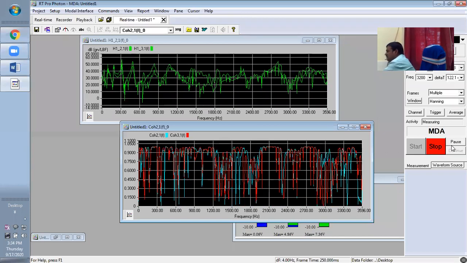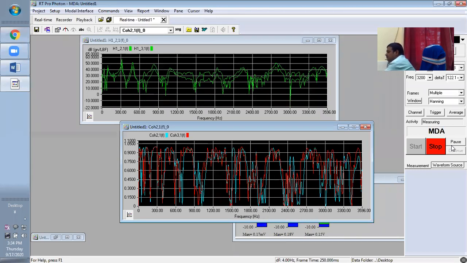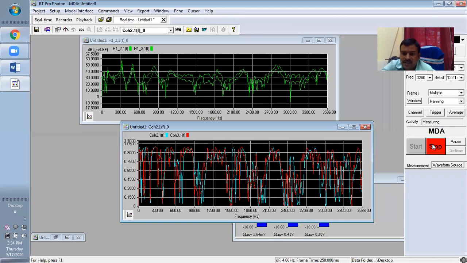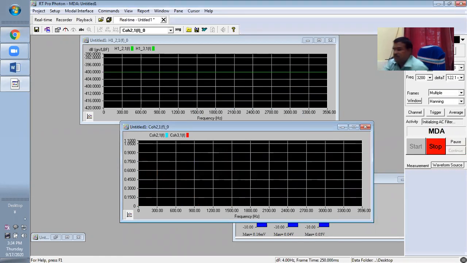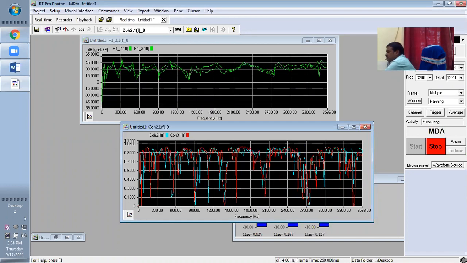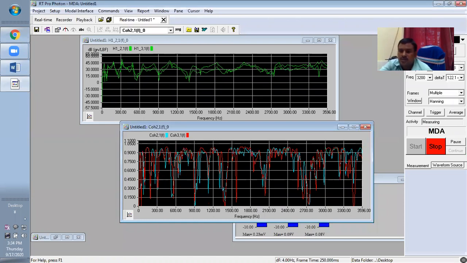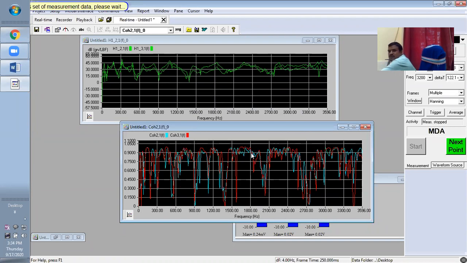Now you can see data will be different, meaning excitations are different. Okay. So I'm taking this data also. We'll analyze them. Second, I'm taking this data also. Just wait.